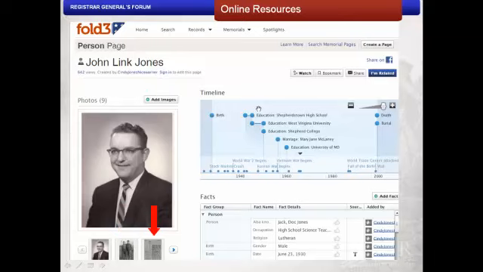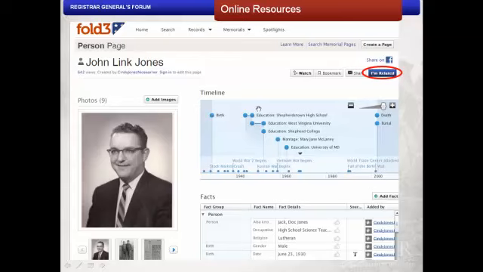Images of Fold3 records, such as Social Security Death Index, World War II draft registrations, and census records, can also be connected to an individual's memorial page. And you can link relatives' memorial pages together to show their relationships. You can share these pages on Facebook and share them with other Facebook members who can then remember their loved ones back on Fold3 and on Facebook using the I'm Related button.